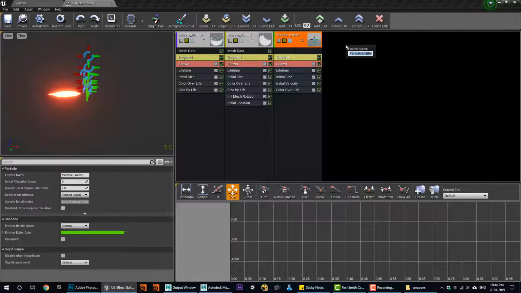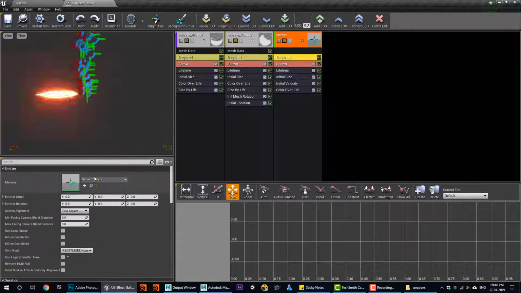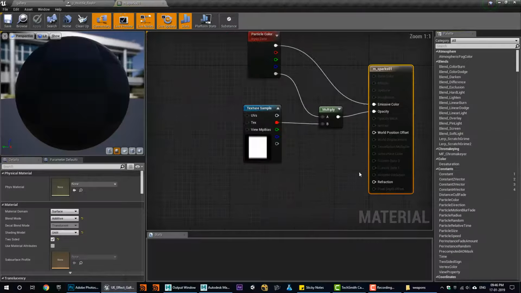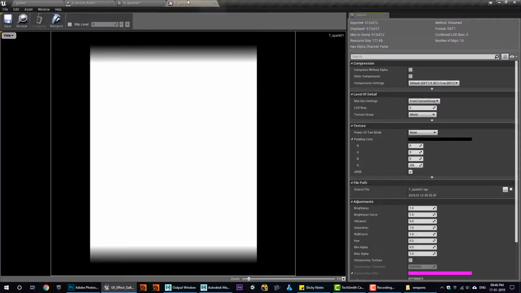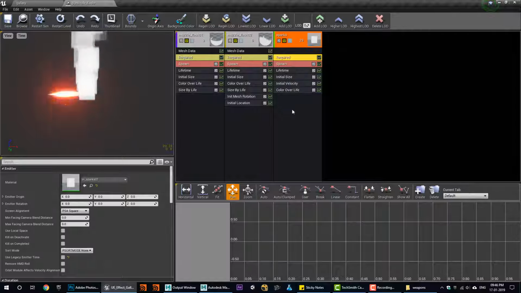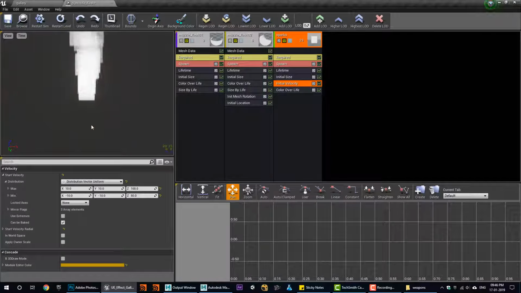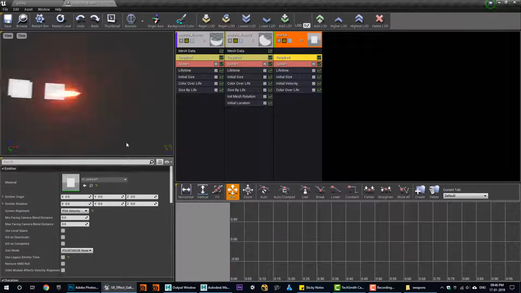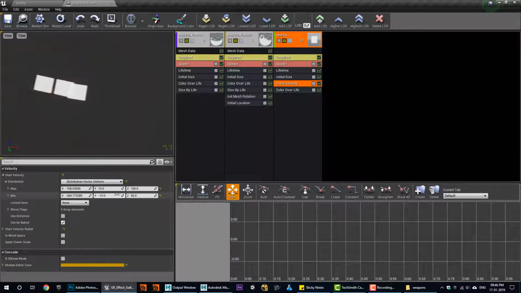Create sparks. I have already a material for sparks, so very simple, texture and material, no need to explain. And I will just use velocity on x-axis and -x it is, and just make it alignment velocity and random on other axis,